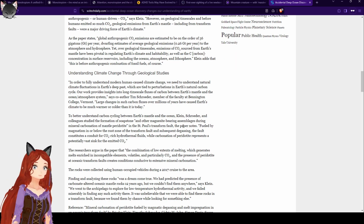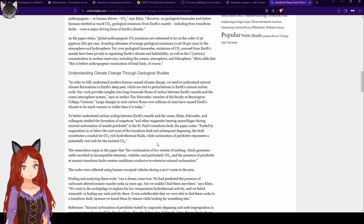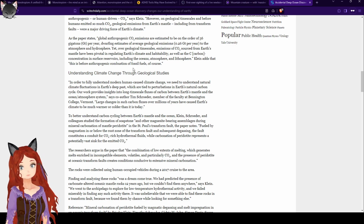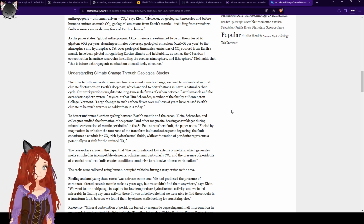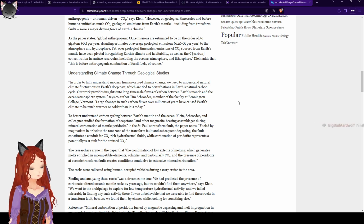Understanding climate change through geological studies. In order to fully understand modern human-caused climate change, we need to understand the natural climate fluctuations in the Earth's deep past, which are tied to perturbations of the Earth's natural carbon cycle. Our work provides insight into timescale fluxes of carbon between the Earth's mantle and the ocean/atmosphere system, says co-author Tim Schrodinger, member of the faculty at Bennington College, Vermont. Large changes in such carbon fluxes over millions of years have caused the Earth's climate